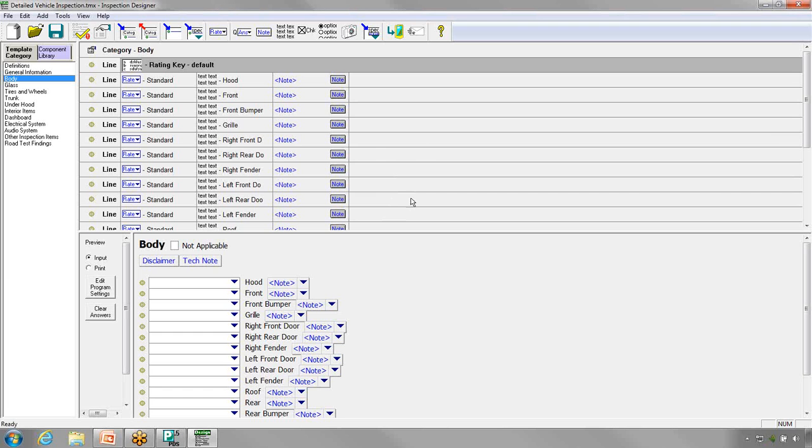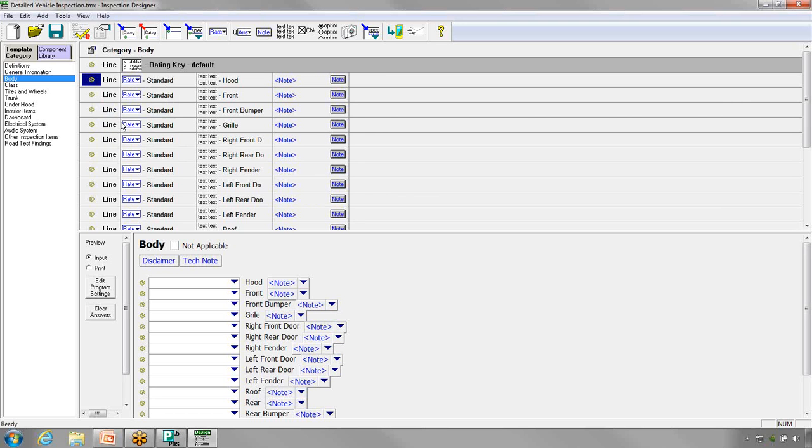You can do this process either in the work area here at the top, or you can do it down here in the preview area at the bottom. Let's take a look at this method using the work area. The line we want to add in is going to work just like the hood line. So let's go ahead and right-click on the circle that's to the left of the hood line,